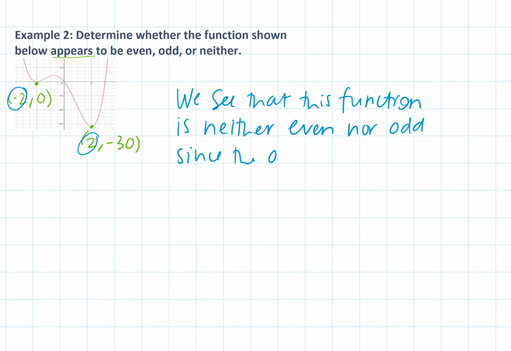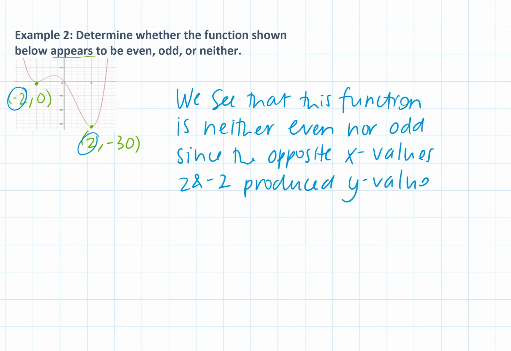since the opposite x values 2 and negative 2 produced y values. Let's go in order. 2 produced the y value negative 30, and negative 2 produced the y value 0. So negative 30 and 0 respectively, meaning in the same order that I'm giving the x values, I'm giving their